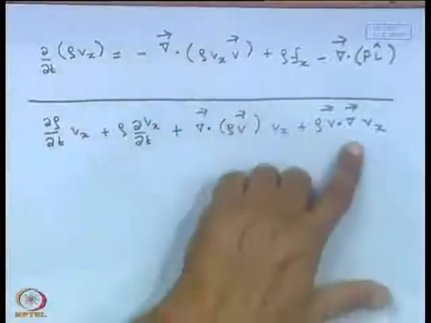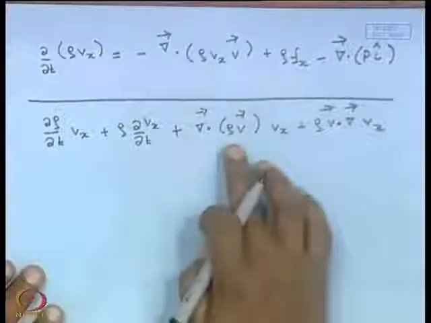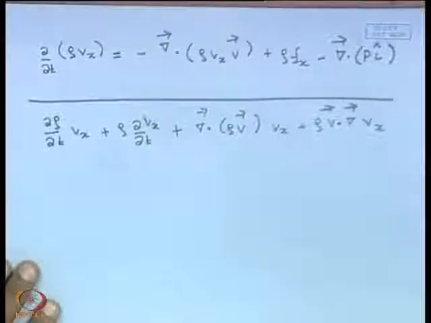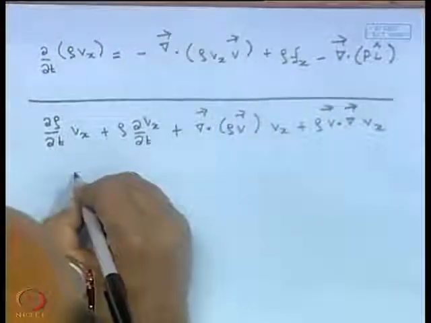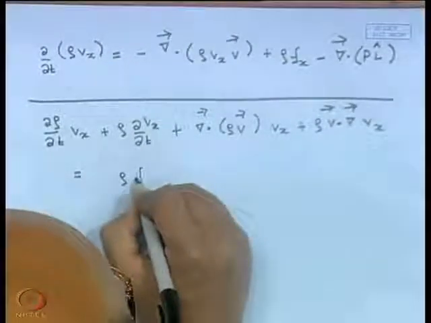So, I have written this term taking it to the left hand side, and I have written it as two terms. I have broken it up, okay, and I have this term. So, this is going to be equal to rho Fx,